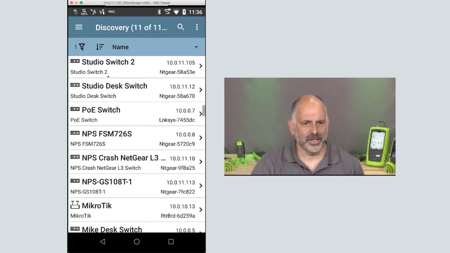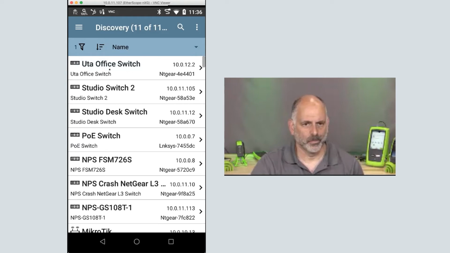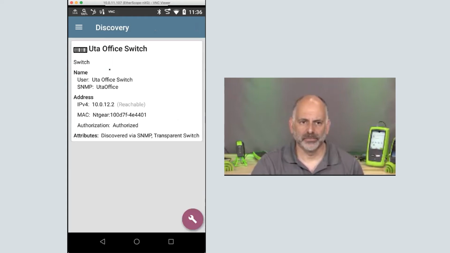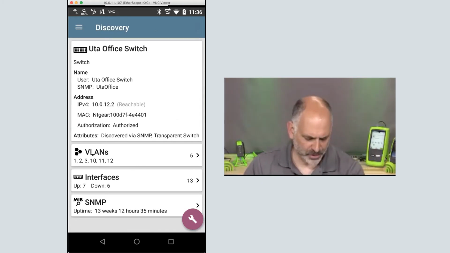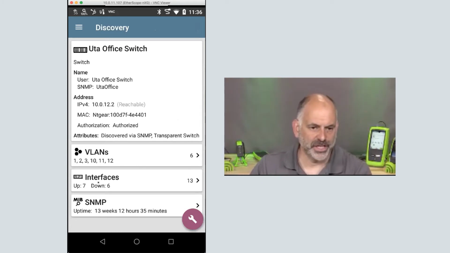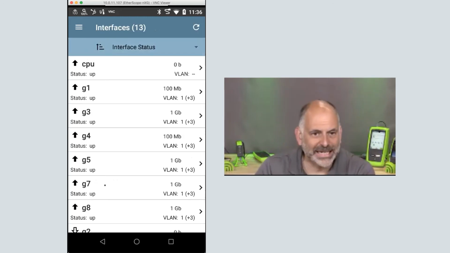So I could say, Uta's switch. I'm going to drill into that. It tells me which VLANs are supported on that switch. It shows us the interfaces. It shows us the SNMP information. So that switch has been up for 13 weeks. So I'm going to go into interfaces. And it now shows me